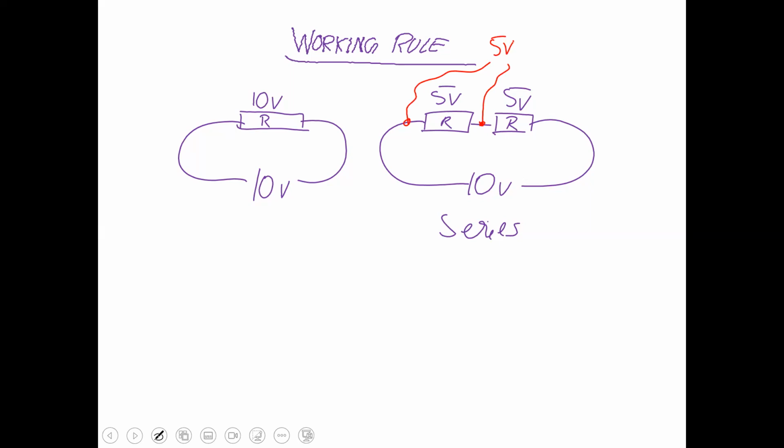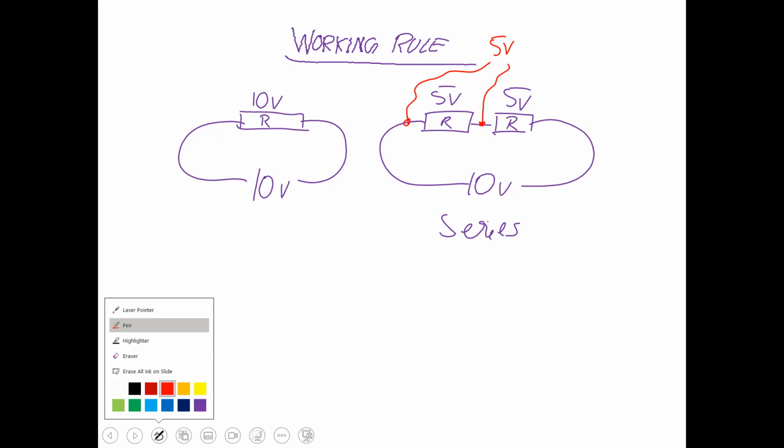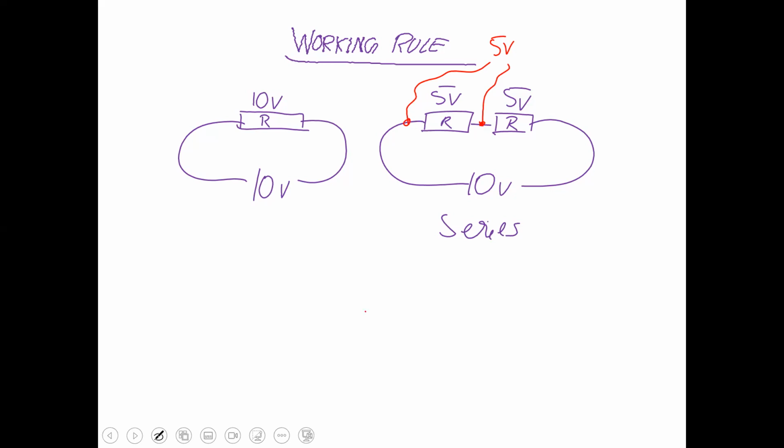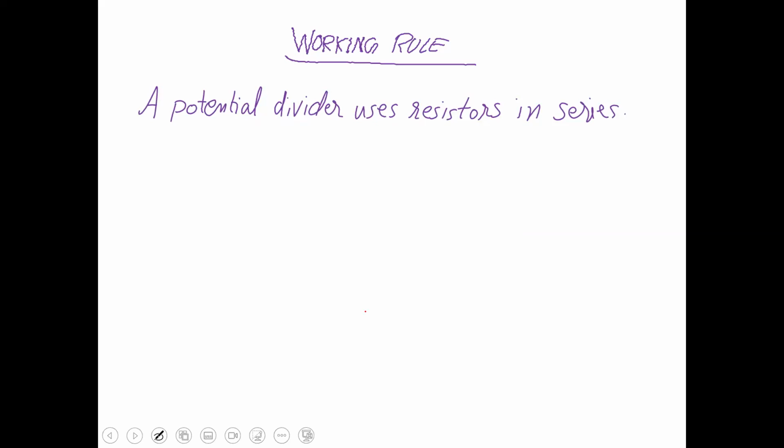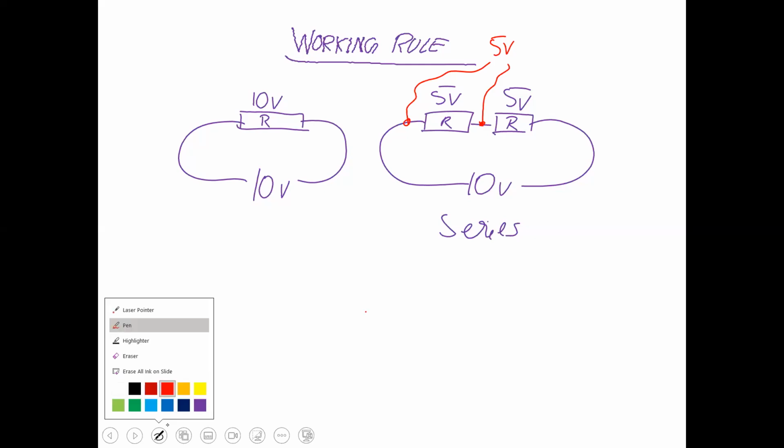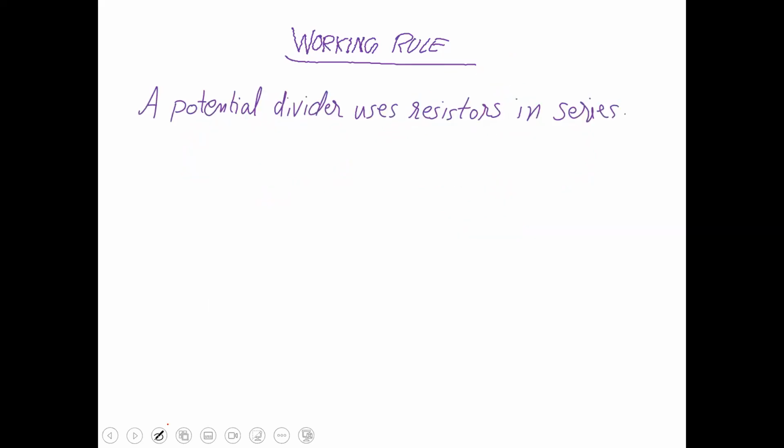So a potential divider is actually a combination of resistors in series. A potential divider is a combination of resistors in series. This is how a potential divider works, and it divides the voltage by using a series combination. Now you have to copy this. A potential divider